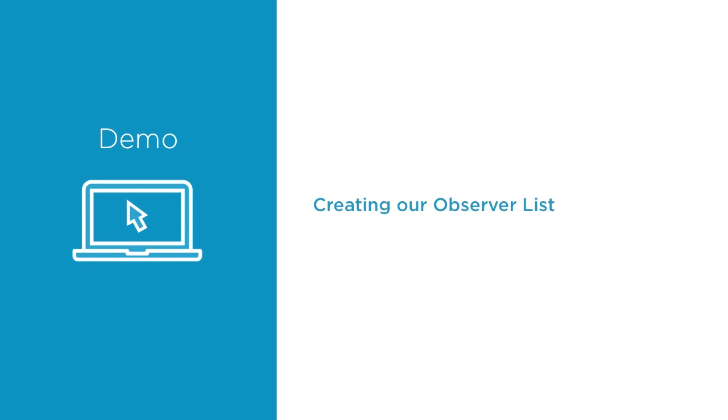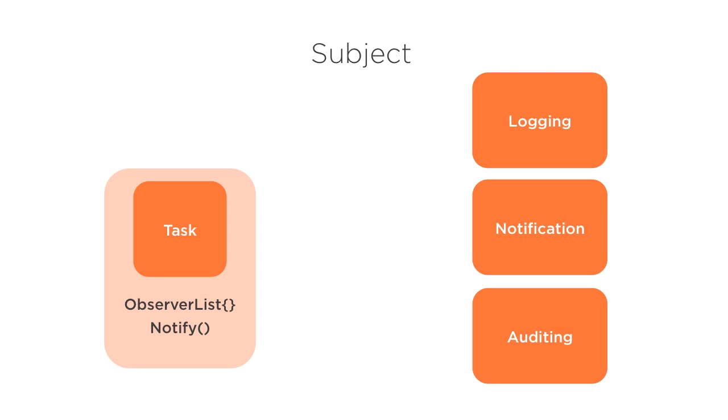All right, the next piece of this observer pattern is the actual observer list. And if you recall from our slides earlier, the subject, and the task is going to be our subject, has this observer list. That's going to be the list of observers that task is going to notify when it's done. And this is its own separate thing with add and remove and index of and all of those methods on it. So let's take a minute and build out our observer list